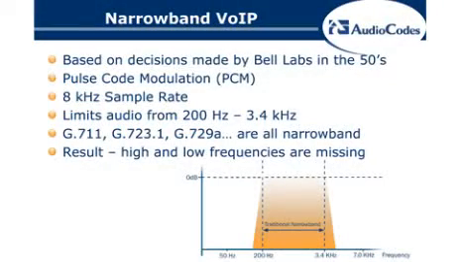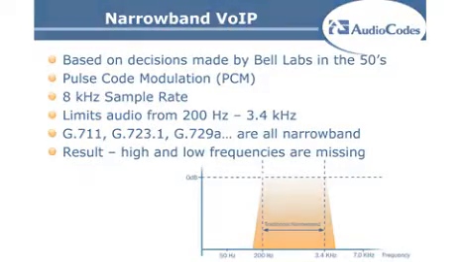So you talked about narrowband. Can you let the viewers know precisely what narrowband is, and tell us more about it? Okay. Narrowband communications, which is what you're probably using today in the PSTN, is the result of work that was done in the late 50s. We've suffered through this voice quality all these years, and we've got all these new toys and gadgets that are HD. But the sampling rate used to digitize your voice on the PSTN, 8 kilohertz, is what restricts the quality of your voice communications.